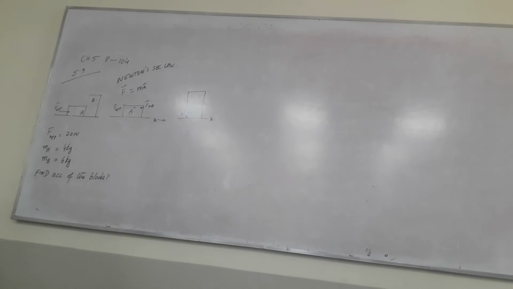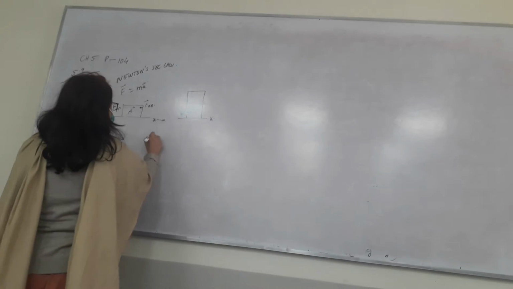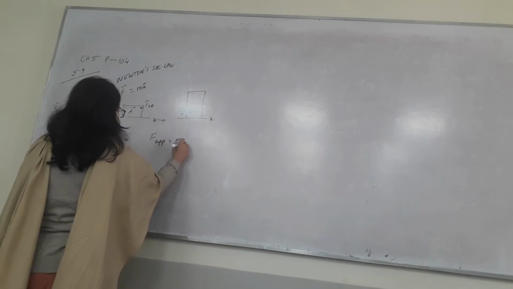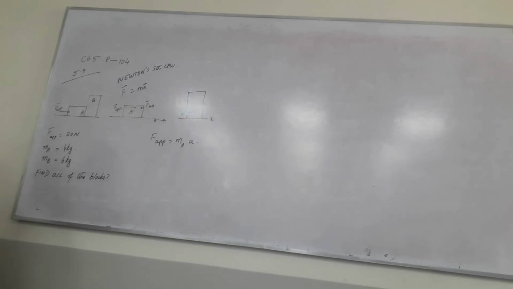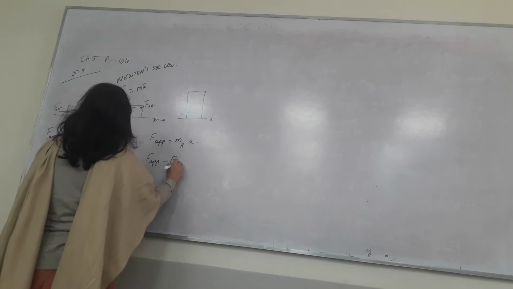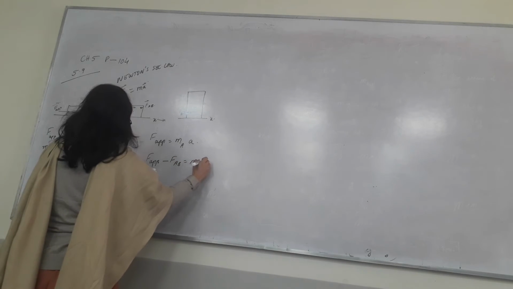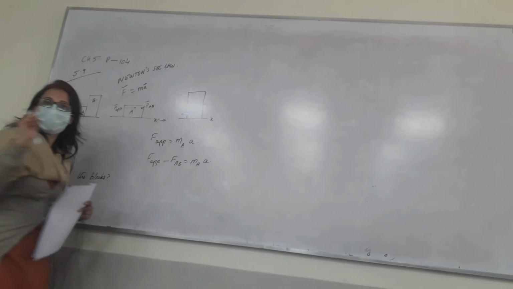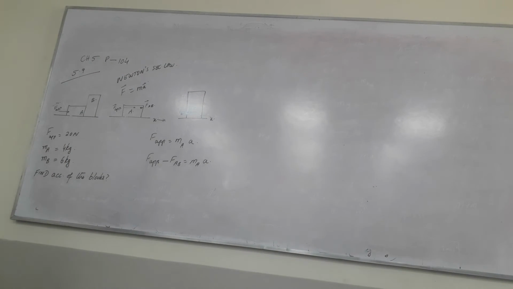So now we can look at these forces and we can see that F applied is equal to ma multiplied by a, for block A. But there is a problem here because we also have a small force FAB. So if we include that force, then we can write F applied minus FAB is equal to ma multiplied by a. Remember, this A is a subscript, written a little lower and small. It's just to represent that we are talking about block A.